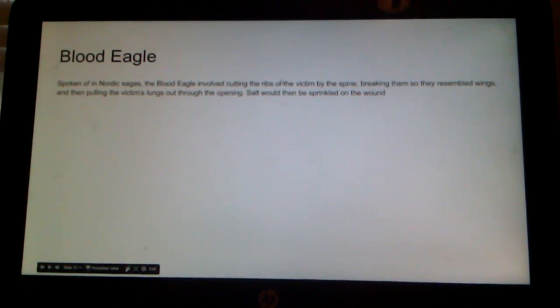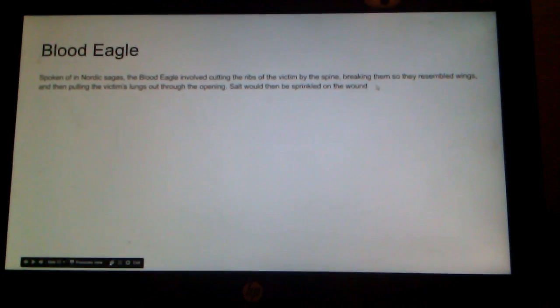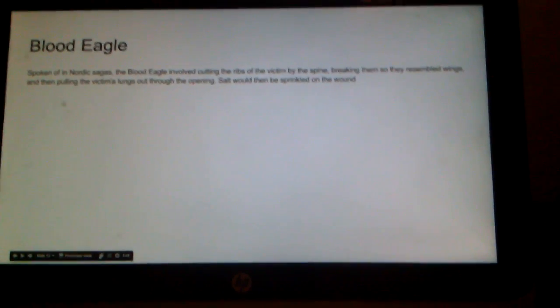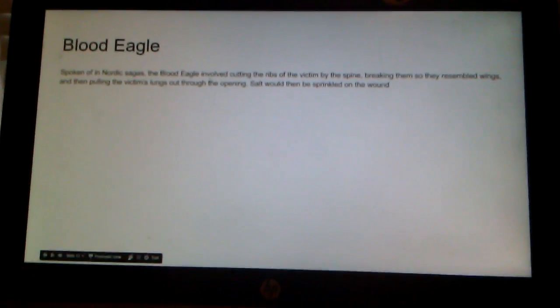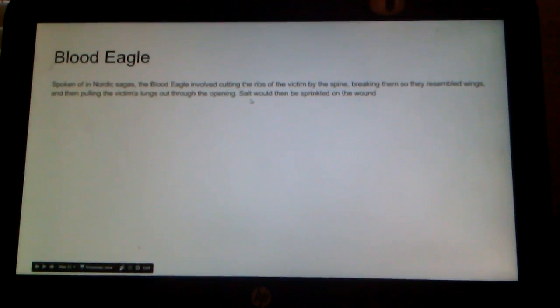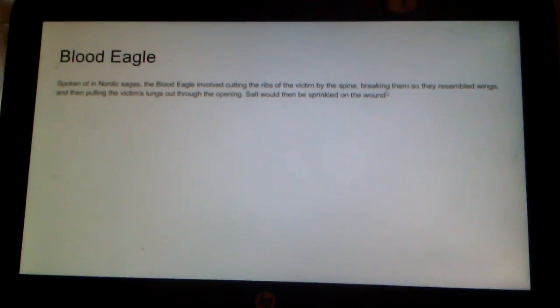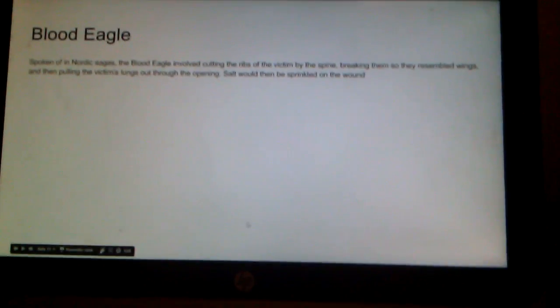The blood eagle involved cutting the ribs of the victim by the spine, breaking them so they resembled wings, and then pulling the victim's lungs out through the opening, and then salt would be sprinkled on the wound. So this is just something that was done a long time ago,